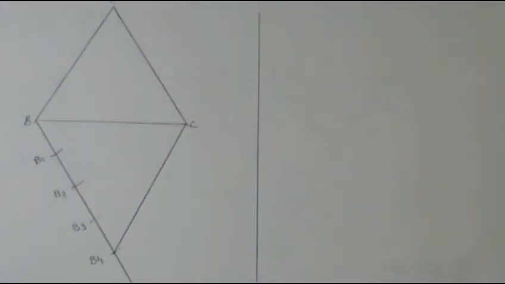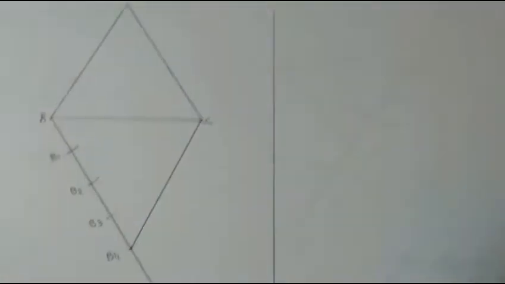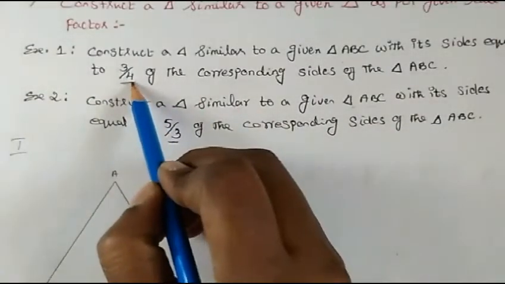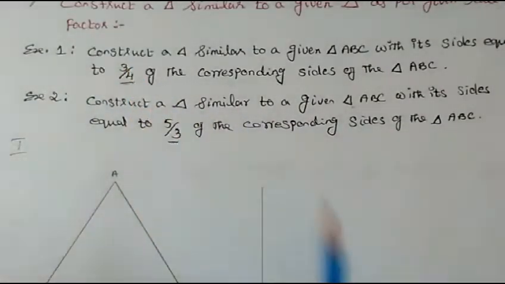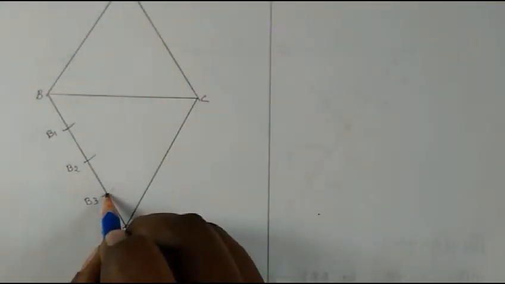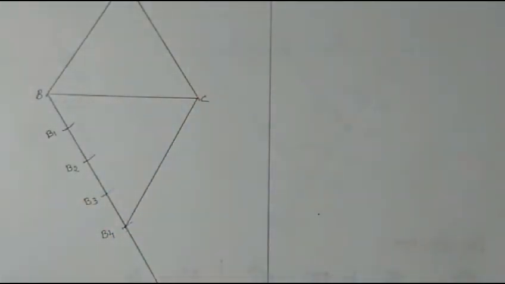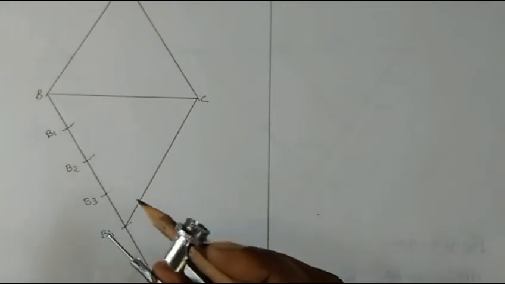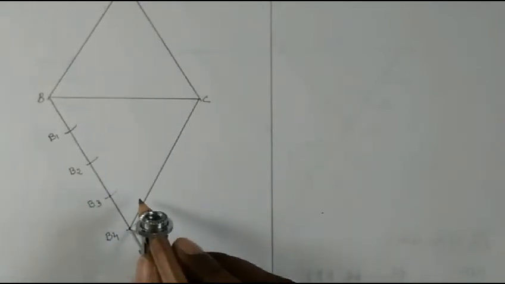After joining, we have to draw a parallel line. Where will we draw it? The fourth part we have already joined, so that means we have to draw from the third part. B3 is the third part. From this point we have to draw a parallel line. In the introduction part 1, I have explained very clearly how to do it, please go through that. To draw a parallel line, first we have to construct an angle. Any measurement you take, construct the angle first.